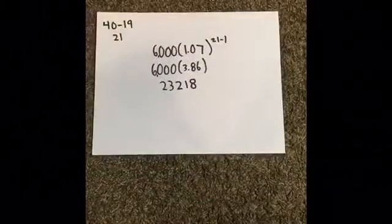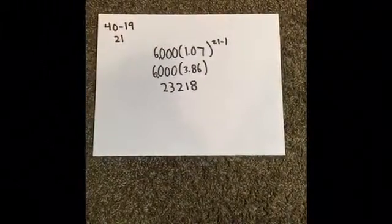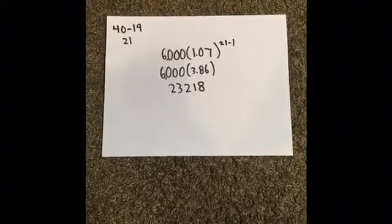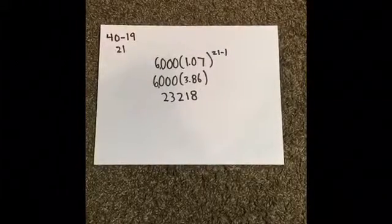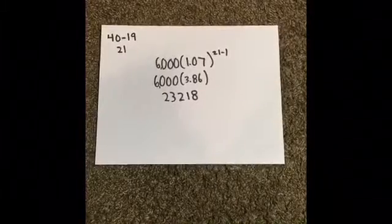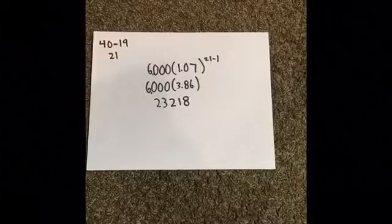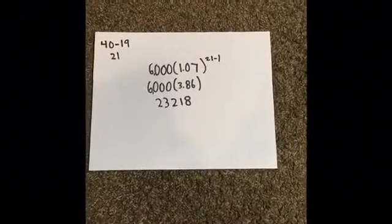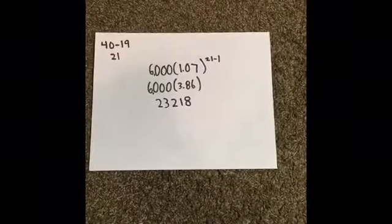For this problem, we're asked: at age 19, on your birthday, you make a one-time deposit of $6,000 in a retirement account that pays 7% annual interest. What we're going to do is set up this equation. We're going to have 6,000 as our deposit and 0.07 as our 7% annual interest. We're going to use 21 because that is the number of years. We're going to solve that out and divide down and multiply, and we'll get our answer,